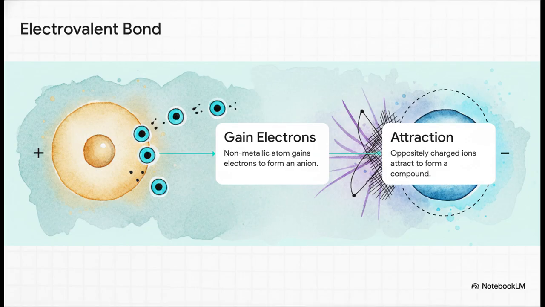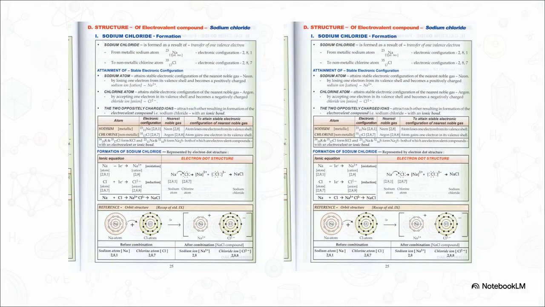You can actually see this play out perfectly with regular old table salt, sodium chloride. Sodium has this one annoying extra electron keeping it from stability, while chlorine is exactly 1 electron short of an octet. So sodium permanently hands that single electron over to chlorine. Boom, instantly. Both achieve that coveted noble gas perfection, and the resulting magnetic attraction tightly binds them into a stable compound.